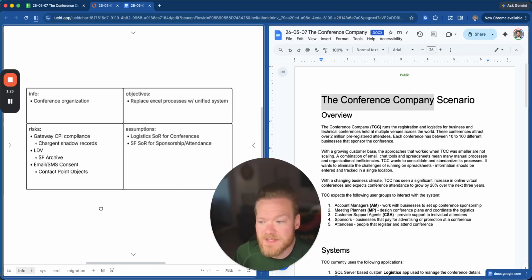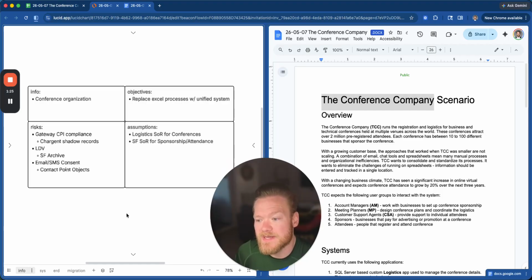And then there's a need for email and SMS consent. Given the fact that we're operating globally, we need to make sure that we are GDPR compliant. So we'll have contact point objects that will be enabled and adhered to for the consent tracking for individuals within the solution. The assumption made is that Salesforce will be the system of record for the sponsors and attendance, and